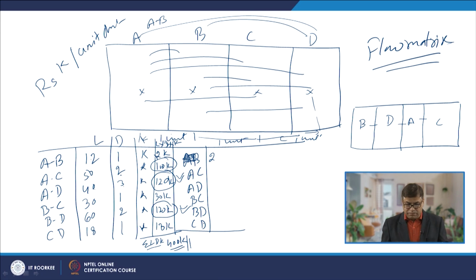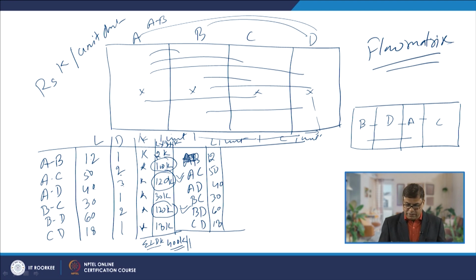These are the different movements. So in the revised setup, AB movement is of 2 units distance. The load is 12 for AB, AC 50, AD 40, BC 30, BD 60 and CD